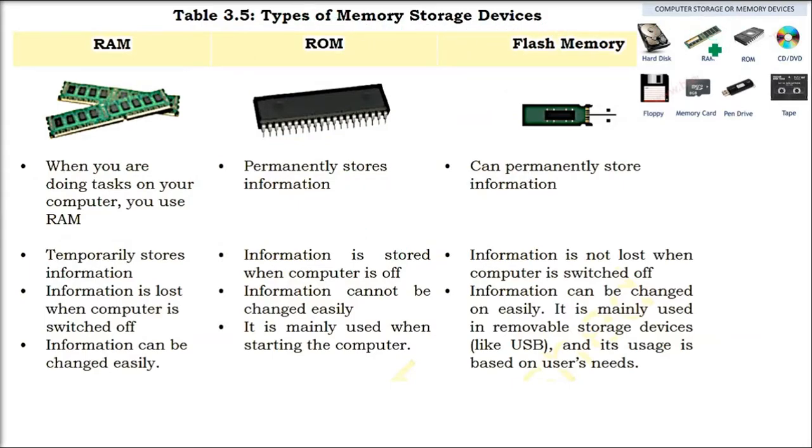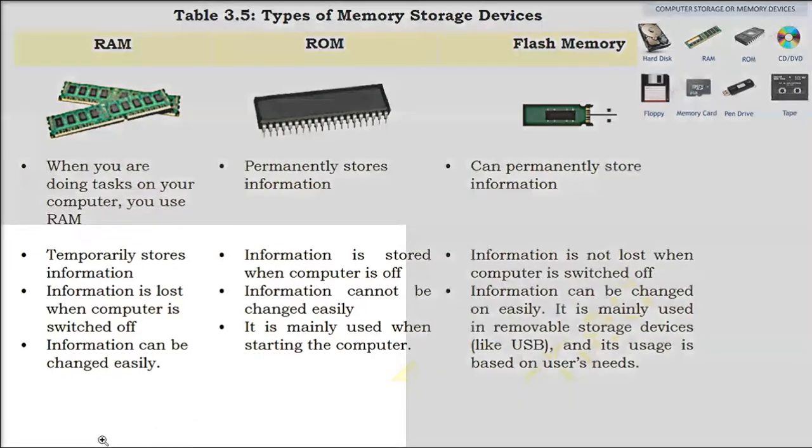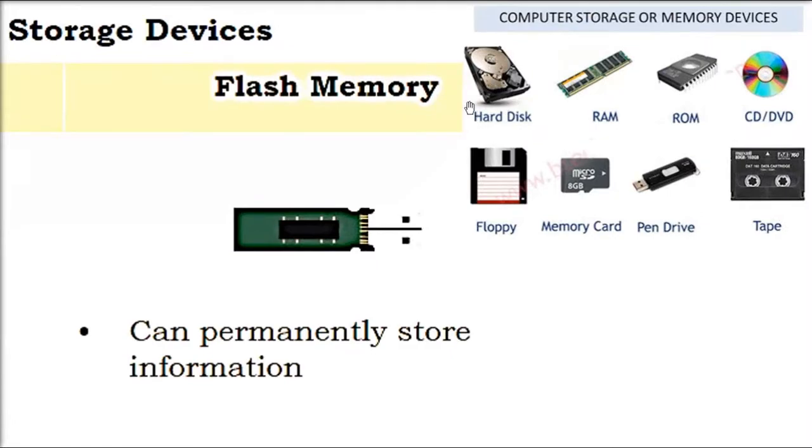So these are types of memory storage devices. The only work is to keep the memory, keep the data, and all have different technologies. Hard disk, RAM, ROM, CD, DVD. They are not so popular today. Floppy was already obsolete 10 years back. But it was the starting point, 1.44 MB, only 1.44 MB it can store. But it was really good at that time. Even Windows would work on this.